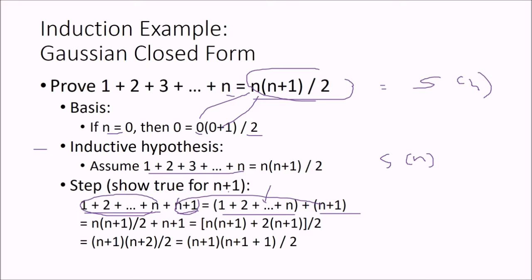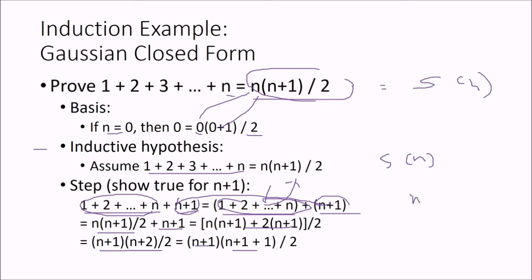We have already made a hypothesis that this 1 plus 2 till n is equal to n times n plus 1 by 2. So this will be replaced by that. Let us replace it, and then you have n plus 1 here because you want it for n plus 1. Now you add it. We take n plus 1 common, or in another way we multiply these two, and we finally get n plus 1 times n plus 2 by 2.